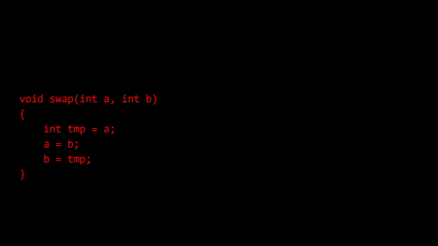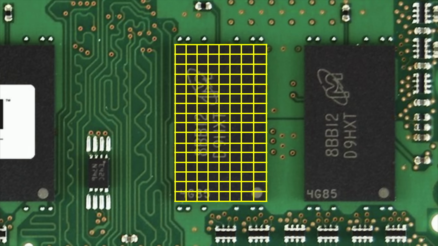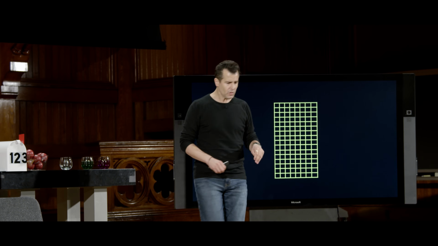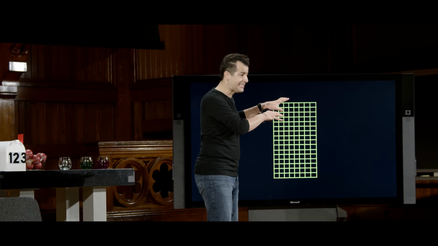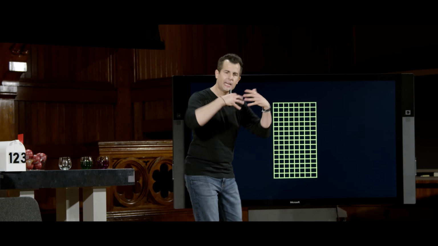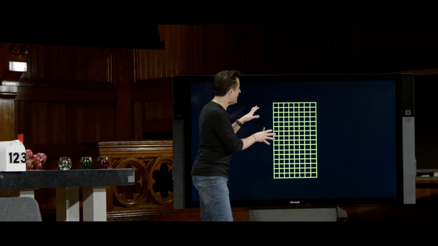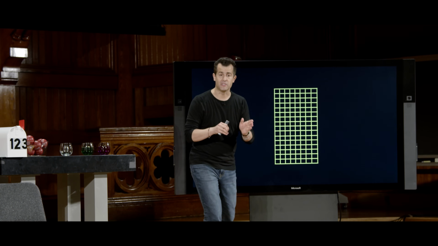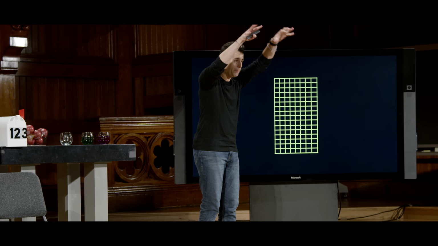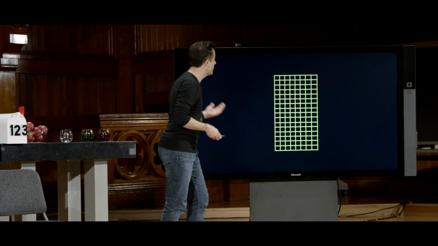Well, this version of swap doesn't actually work because, again, if we go back to first principles, go inside of the computer's memory and consider our memory is just a grid of bytes, top to bottom, left to right, what's really going on? Well, it turns out that all this time we've been using C, my computer isn't just arbitrarily putting things in memory over here, over here, over here. It actually uses your computer's memory in a methodical way. Certain types of data go down here, certain types of data go up here, and so forth. So what is that methodology?